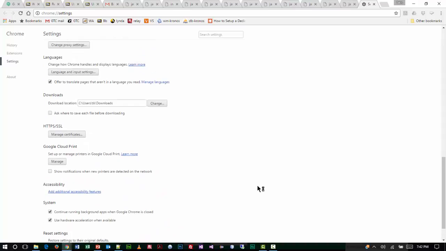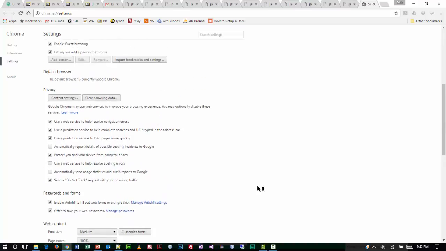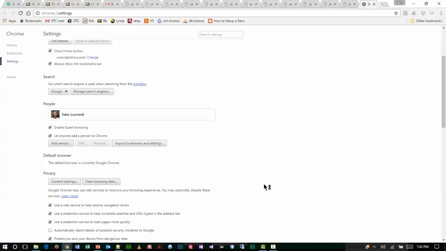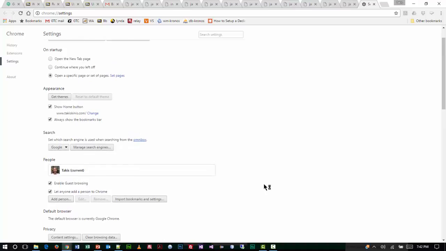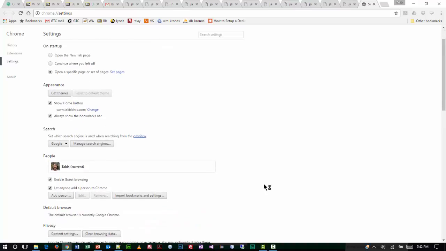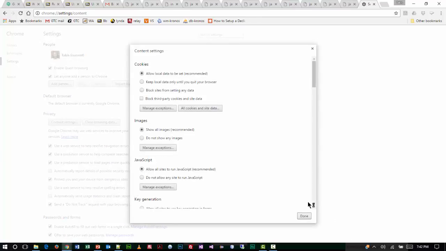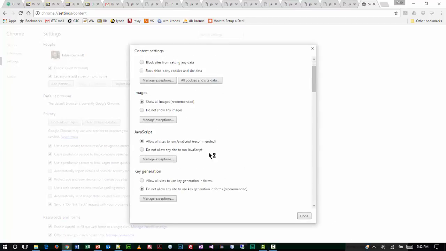Somewhere in here it says run JavaScript, wherever that is. If somebody sees it, point it out to me, please. All right, so apparently it's under this privacy section, content settings, and under JavaScript it says allow sites to run